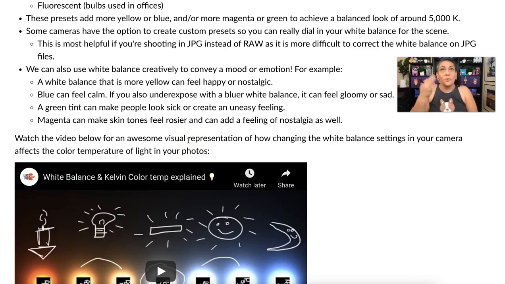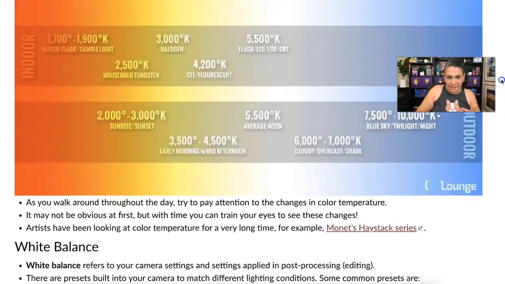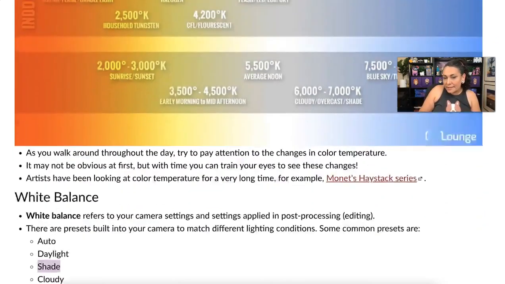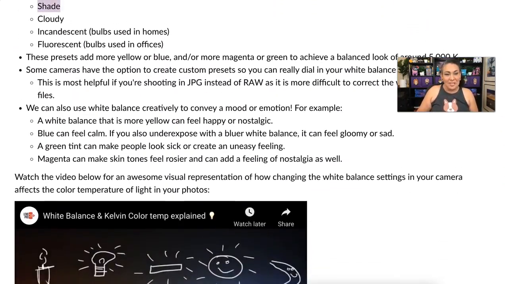Now, when we're color correcting an image, like I said, we're trying to get to that balanced white area. So, balanced would be around this area, this 5500 or 5000 K area, where the light just looks white. We're not seeing a noticeable yellow or blue or green or magenta coloring on our subject. But, as with all things,